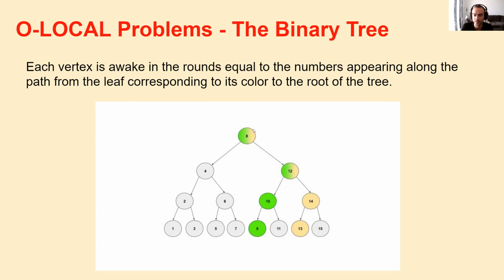Obviously, everybody is awake at the number of the root, but the question is, at this point, did all my parents already decide what they need to do? Well, the answer is yes, because this is a sorted binary tree. Everyone to the left of the root already made their decision, so everyone to the right of the root can use those decisions to make their own decisions, which is exactly the property of the class of O-local